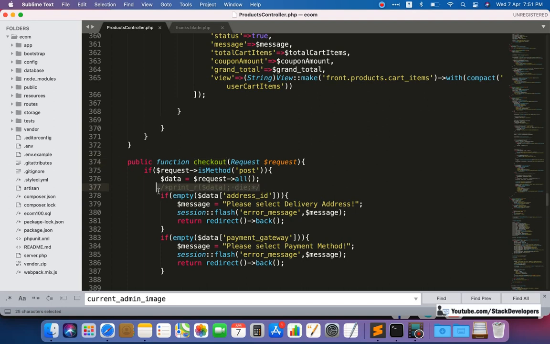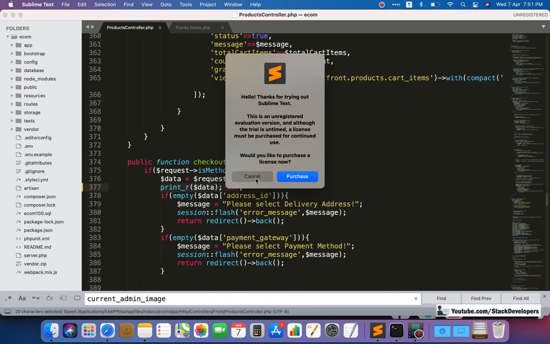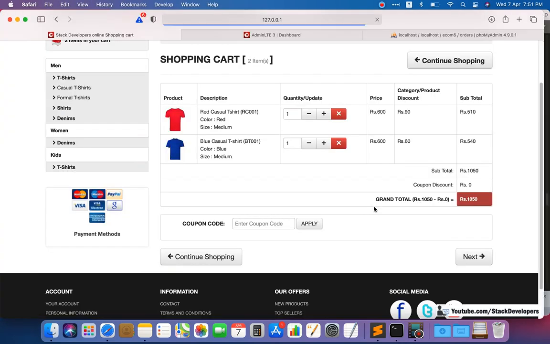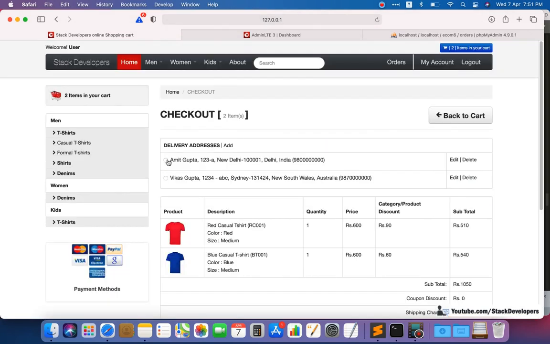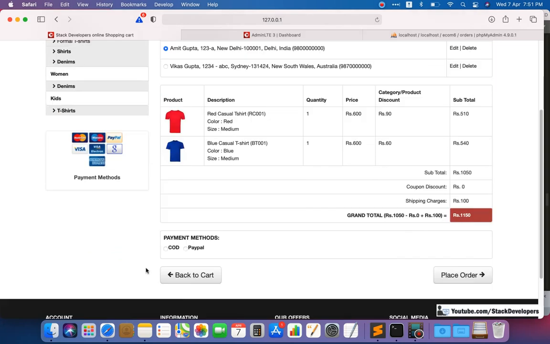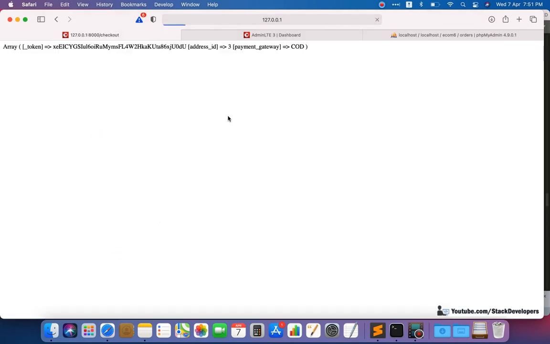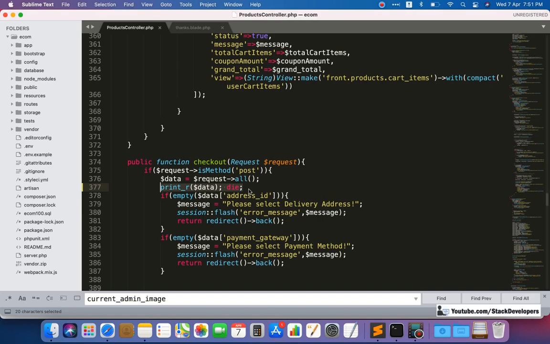If I try to place the order here, click next, select India and COD, then place order, you can see the control is coming up here. So we need to do our changes here.